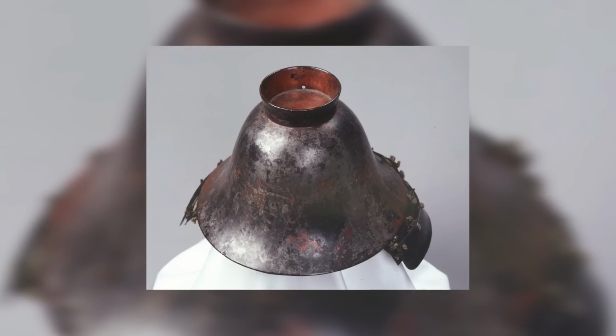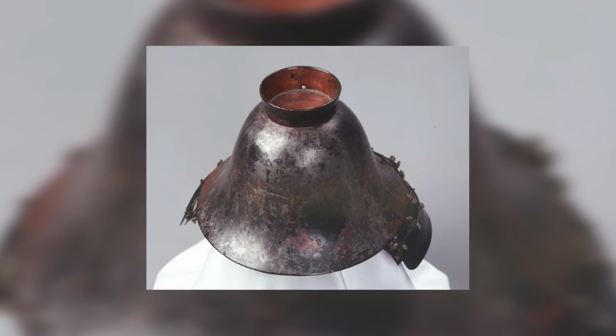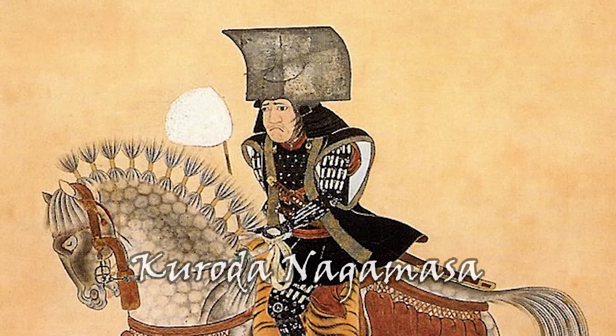Obviously, I don't think he intended it to strike any real fear into the hearts of his enemies, but surely his foes would likely come to question Yoshitaka's skills and capabilities for anyone to wear such a daring style. But if you thought wearing a cup on your head was odd, let's look at his son Nagamasa, who wore